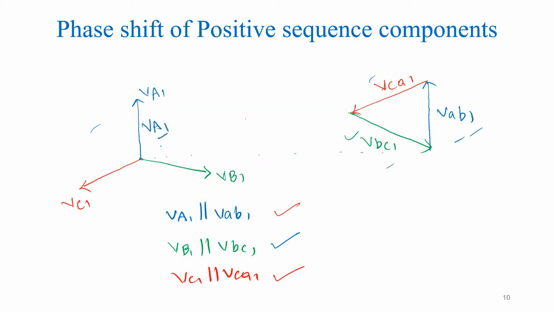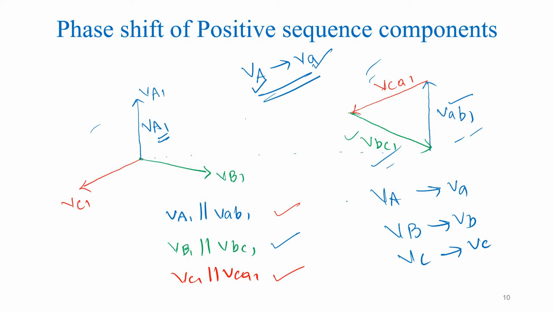VA1 is with respect to the high voltage side. I need to get the relation between the voltages of the high voltage side quantities in terms of the LV side quantities. How to get this VA, VB, VC from this phasor diagram? First we should mark where the A, B, C points will come with respect to these three corners. The corner which is opposite to this AB terminals, whichever term is not present in this will come at that opposite corner. That is, this is C point, and opposite to BC, this is A, and opposite to AC, this point will be B.